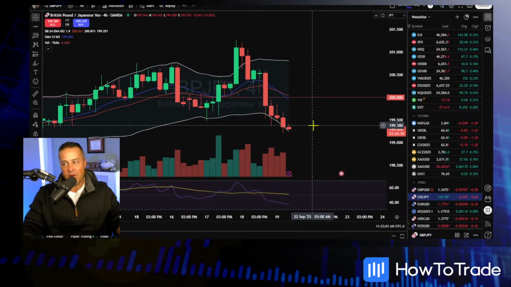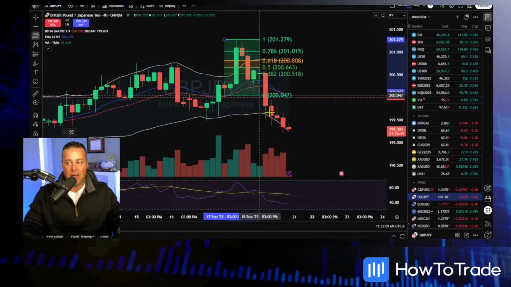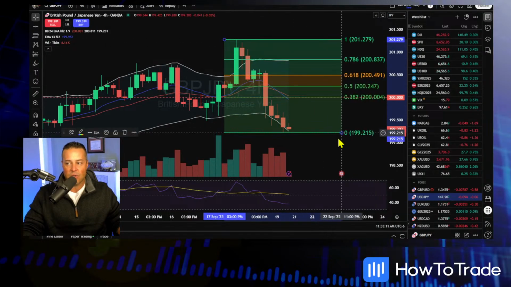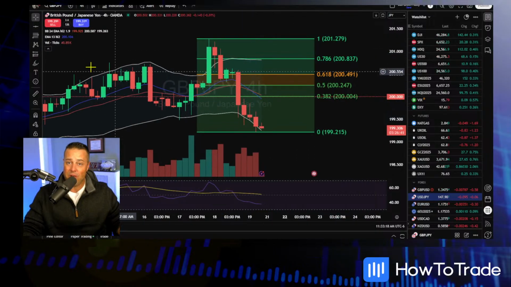This right here, interesting. I'll draw a Fibonacci sequence here on this 4-hour chart. There's your spike highs from back on the 17th of September. You're going to start right there. That would be your high. And then right there, the last 4 hours would be your low. You can see that's pretty much your spike high there. There's your low. Pull back, sell from 200.